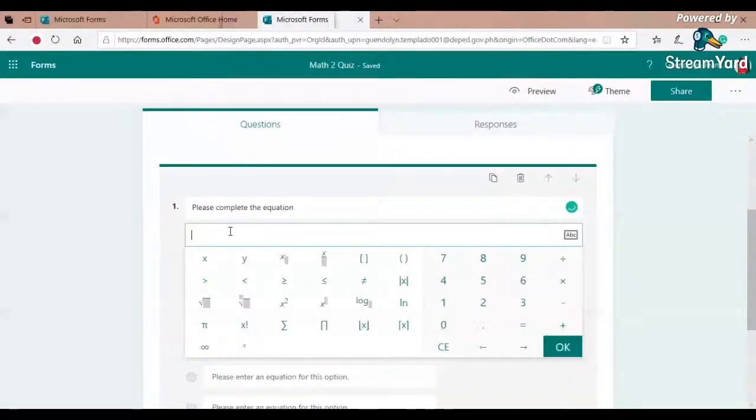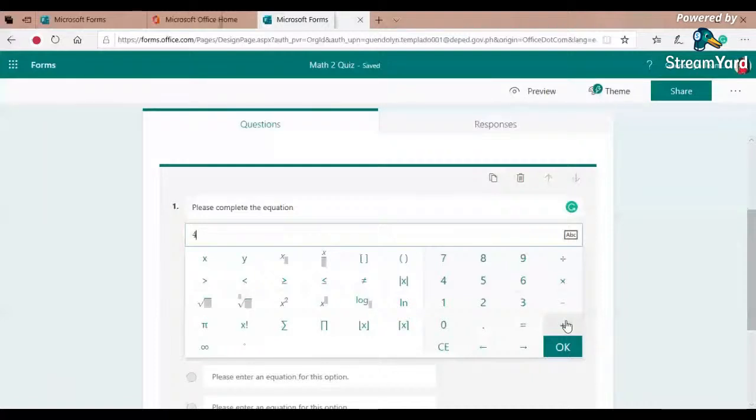When I click enter equation, it gives me mathematical functions and also the calculator. Since this is math grade 2, I will just take 4 plus 5 equals. So this is now the equation 4 plus 5.